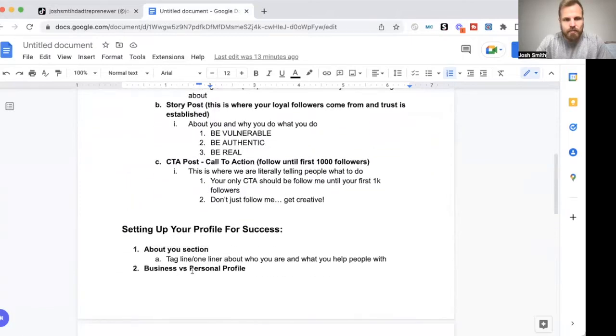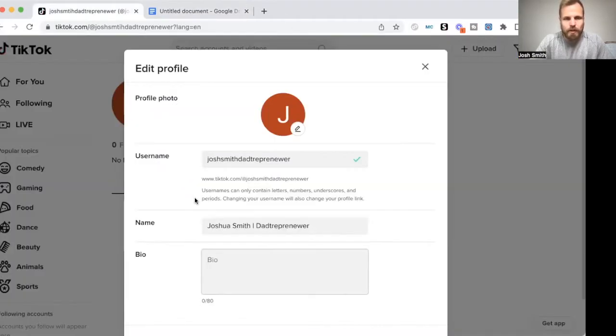And then in your bio, let's see what we're going to do with your bio. When you're setting this up, you want a tagline or a one liner basically about who you are and what you help people with.